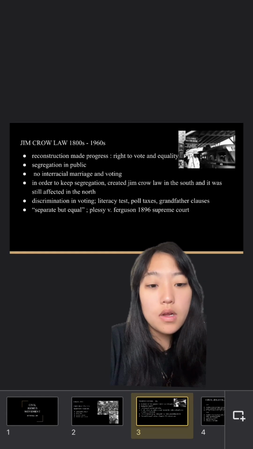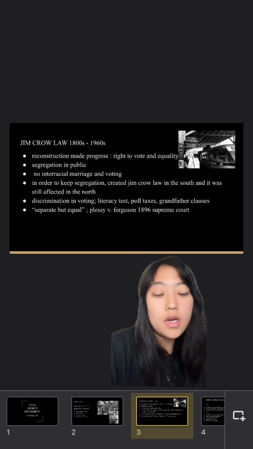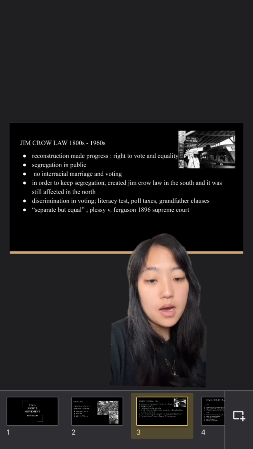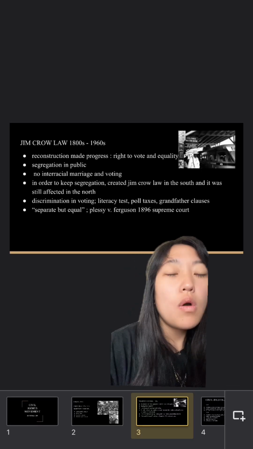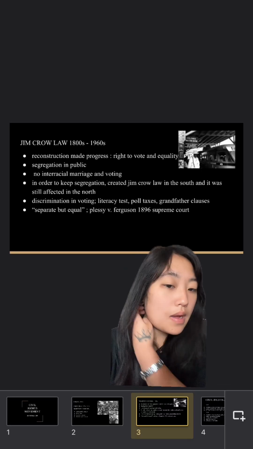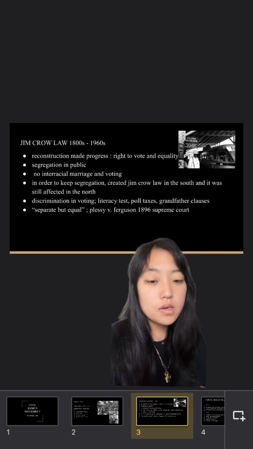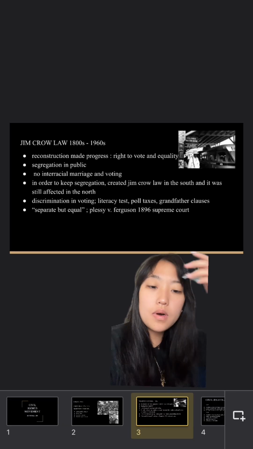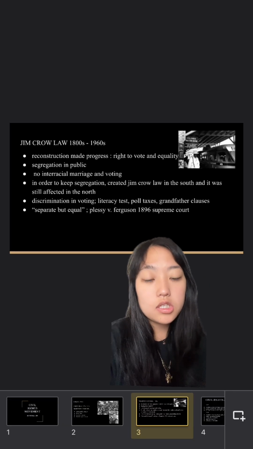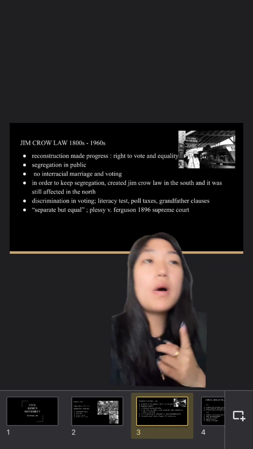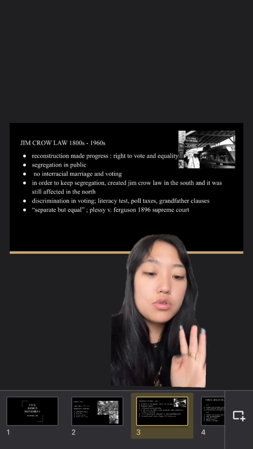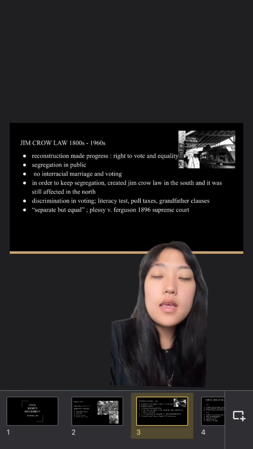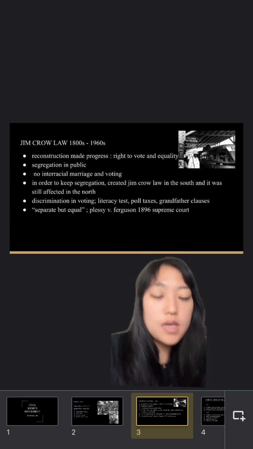The Jim Crow law was after the Reconstruction era, and the white people wanted to continue having more power and advantages while African Americans were having their rights taken away. The white people wanted segregation in public places such as bathrooms, churches, schools, transportation, water fountains, and etc. And they wanted mostly everything separate.